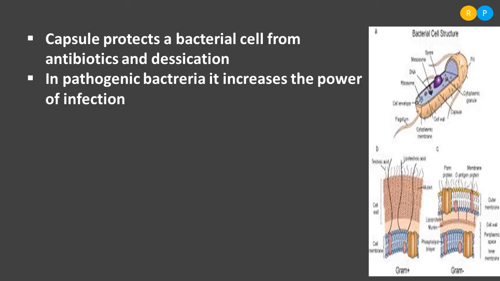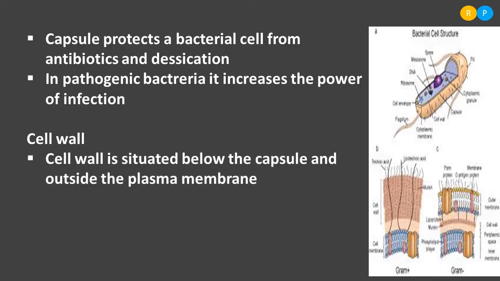Because the capsule is very thick and it is giving slippery nature to the bacterial cell, so when the bacteria enters into any other living organisms like human body or some other animal, this layer will help the bacteria to escape from the phagocytic cell. So it will increase the pathogenic nature of bacterial cell. So these are the few advantages of the capsule to the bacteria. Then next to the capsule, we have a middle layer, that is cell wall.